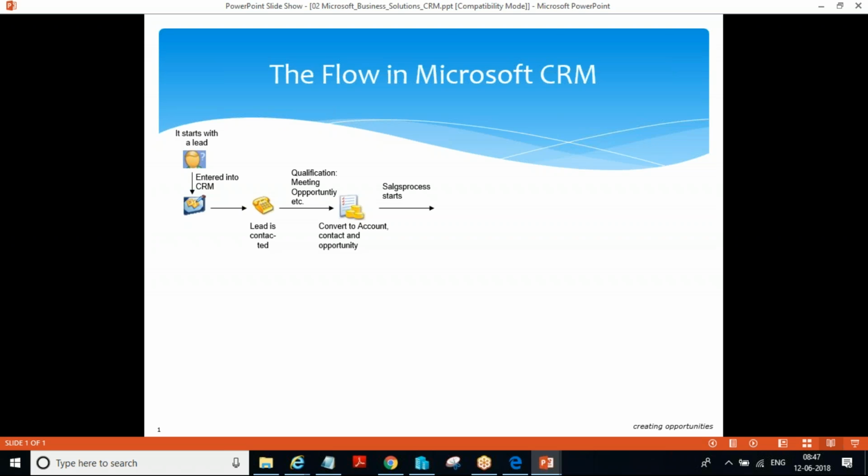After attending a demo, a student may be interested or may not be interested. If a student is not interested, that lead will get disqualified. And if a student is interested, that lead will get qualified and it moves to the sales process. So here now we are in the sales process. A real-time example: now you are in the sales process. You are the opportunity for a training company.